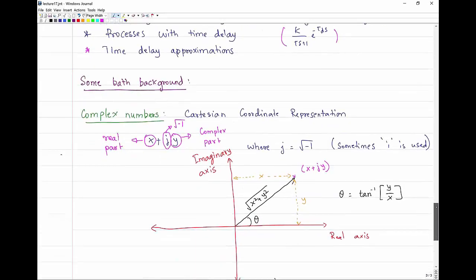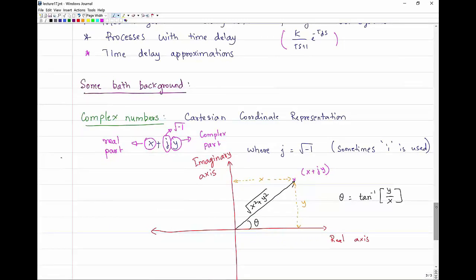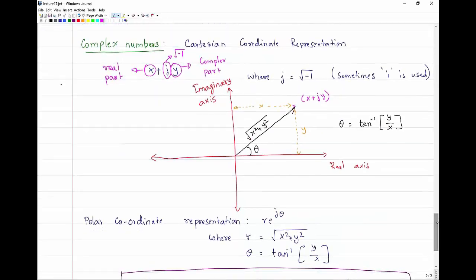Before we get into the details or the definitions of poles and zeros, I would like to give you some quick background on complex numbers, because we're going to see these complex numbers again and again. In Cartesian coordinates, a complex number is represented by x plus jy. On a Cartesian plane, we can use the x-axis to denote the real part of the complex number and the y-axis to denote the imaginary part. The complex number x plus jy is going to be located somewhere over here. It'll have a magnitude of square root of x squared plus y squared,